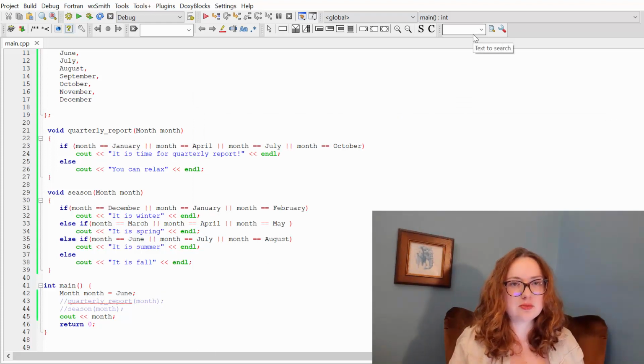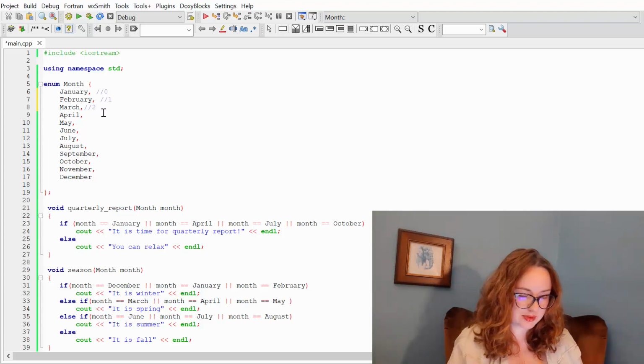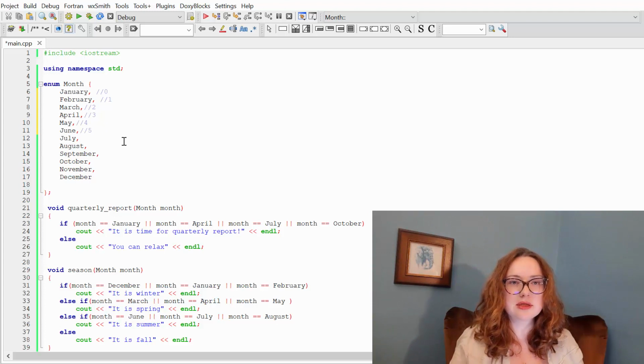In C++, enum or enumeration are implemented as integer values. That means that when I create an enum, I just give integers names. So let's look at our enum, and you can see here I have a collection of names January, February, March, April, May, and so on. But basically it's just names of integers. So January is integer 0, February is integer 1, March is 2, April is 3, as you saw in the console, May is 4, and June, as we just saw in the console, is 5, and so on.